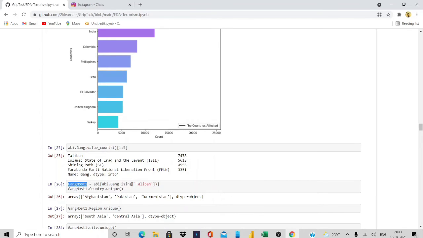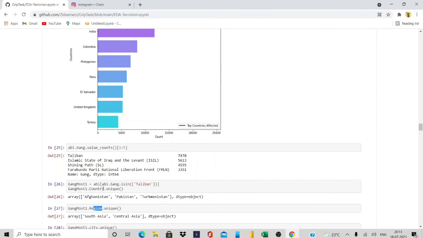Isin is nothing but calculating the particular value of the topmost gangs, then comparing to countries. Using this, Taliban has more attacks on Afghanistan, Pakistan, Turkmenistan. Then the gang was region attacks.